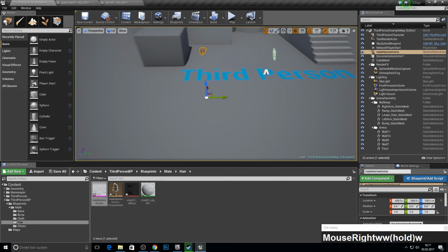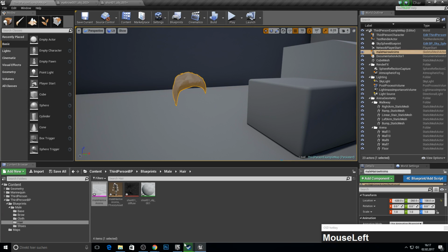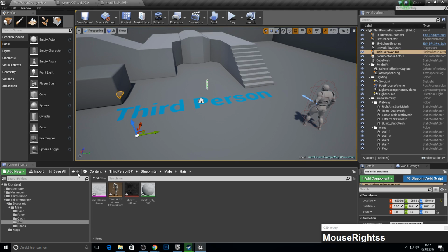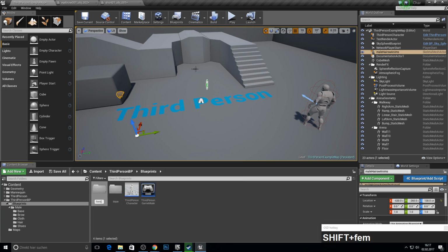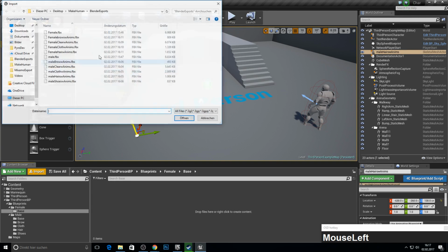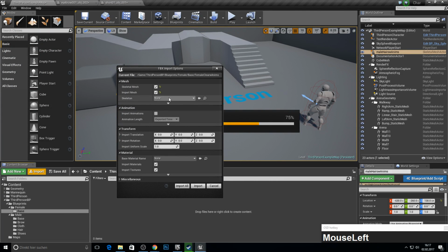The hairs should look better after they compiled. So at the time this compiles, we can now make the female. So female, we have the base one, which will be the female clear with animation, where we also pick no skeleton, so it gets its own skeleton,